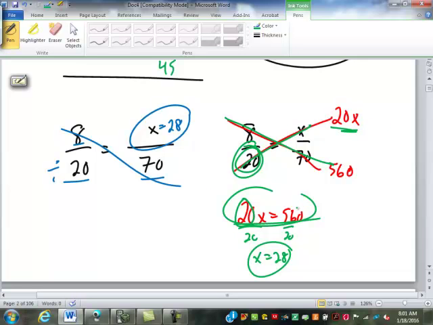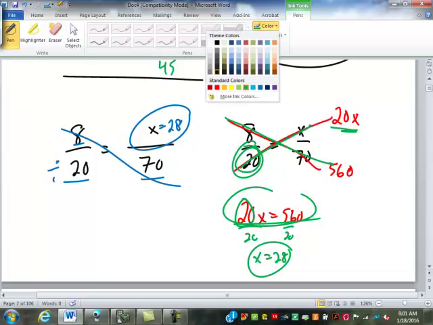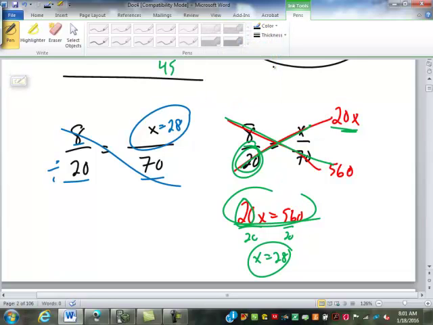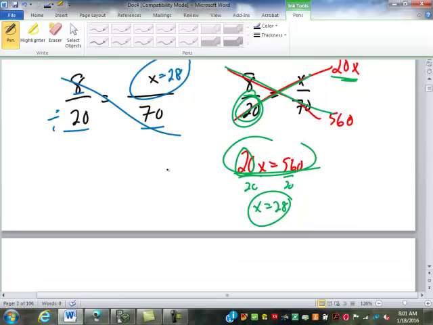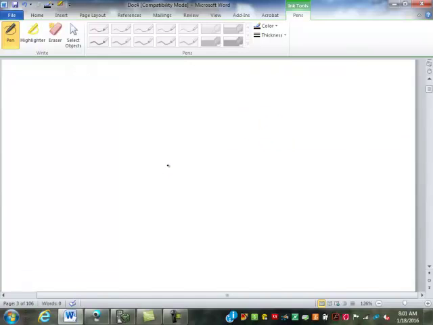So cross multiply and divide is really a shortcut. The process is really cross multiply, set them equal in an equation, and solve the equation. But there's a few extra steps there compared to just cross multiplying and dividing. So we could end up with something like this, we could cross multiply and divide as a shortcut, but technically the way to solve it is